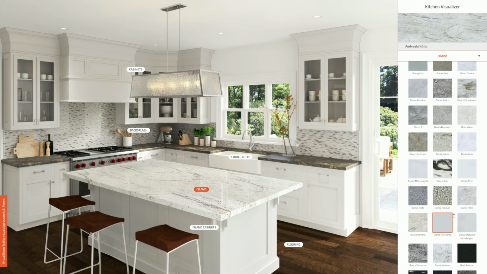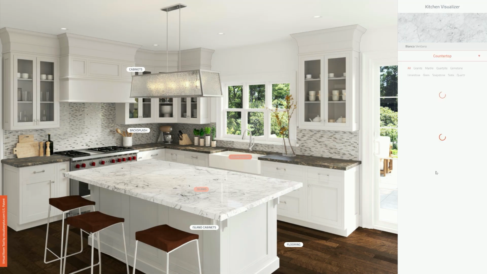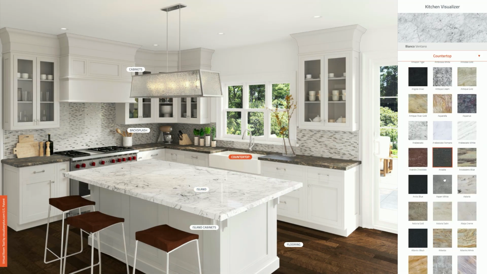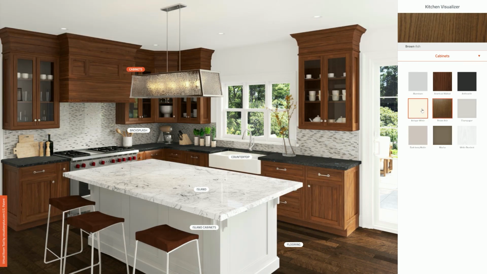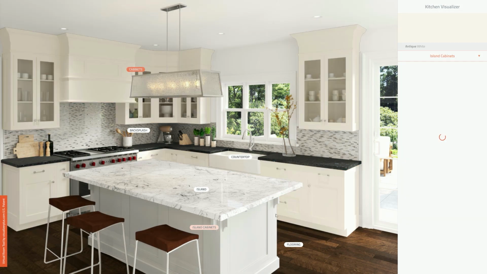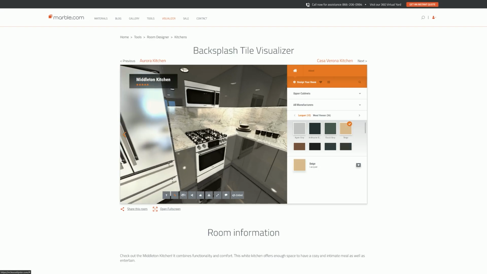limited to your imagination. By using the Kitchen Visualizer, you can move your mouse along the screen, point and click the area you want to change, and select the various options that the room has to offer. There are online inventories we have at your disposal so that you can design the dream kitchen without even having